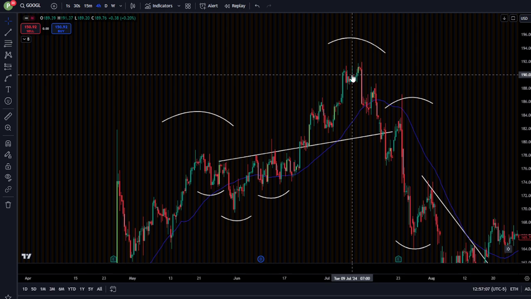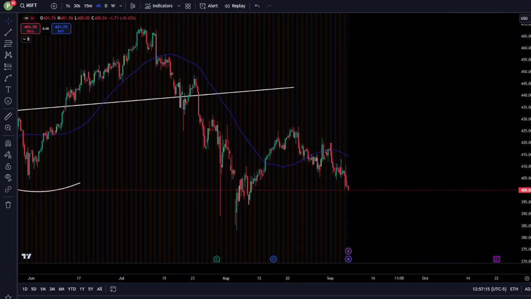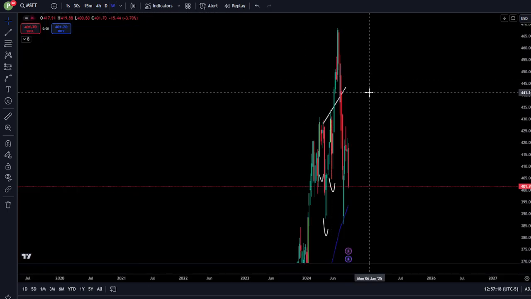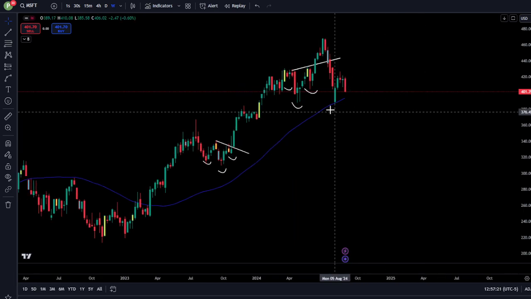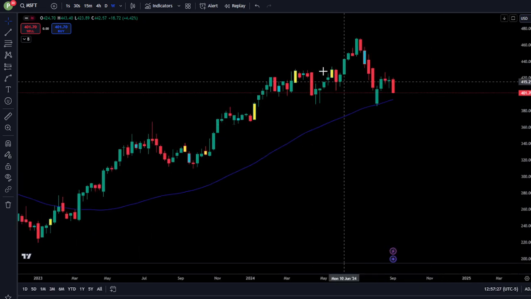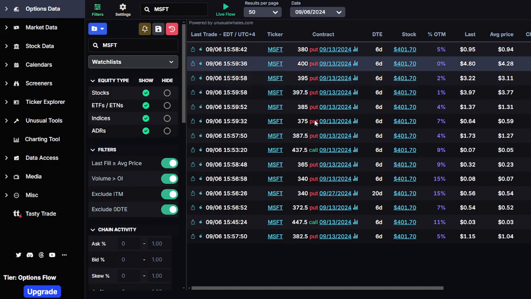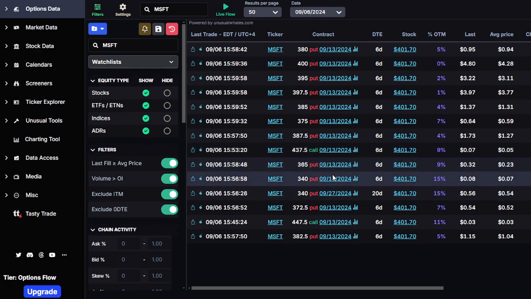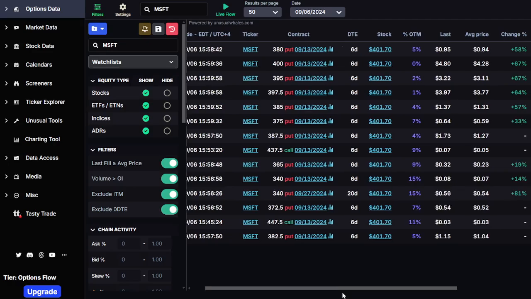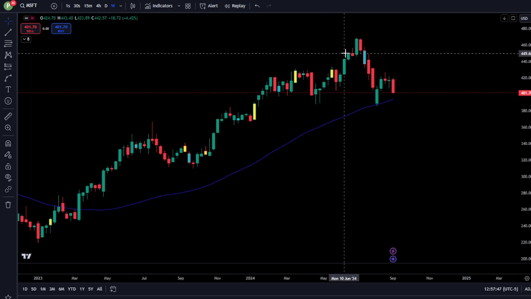Now, how do I go about confirming that another shoulder is forming? I just simply look at the options chain. We go to the weekly time frame on Microsoft, for example. If the option is in line with all of this and in line with this other shoulder potentially forming, and what I mean by that is if we go to the options chain and we see that whales are bearish while the shoulder is forming, there's a good chance that the right shoulder might end up forming. A very good chance. If whales continue to be bearish, then I'm going to assume that this shoulder is going to form,